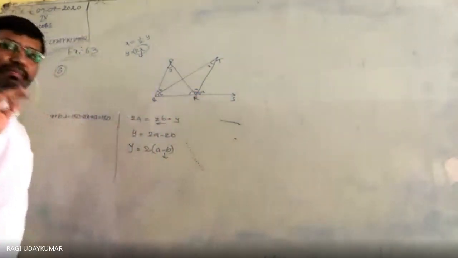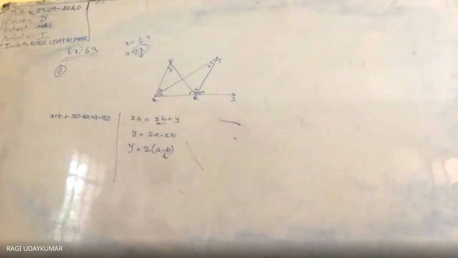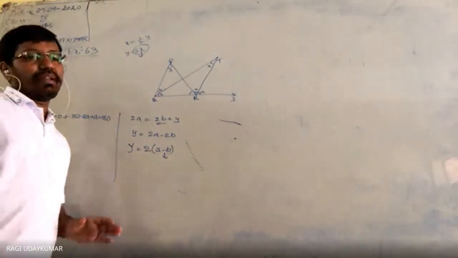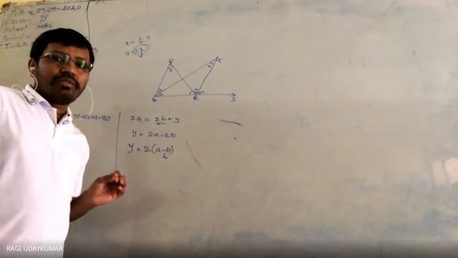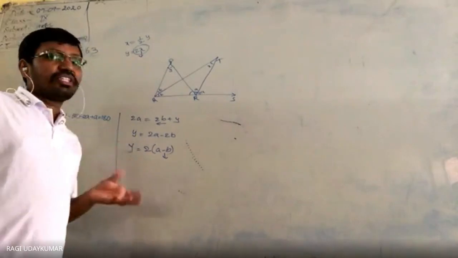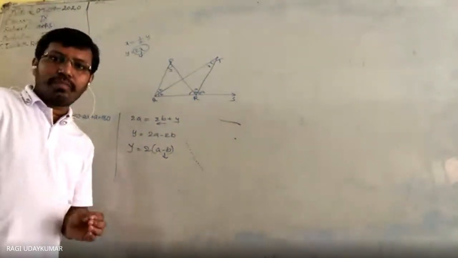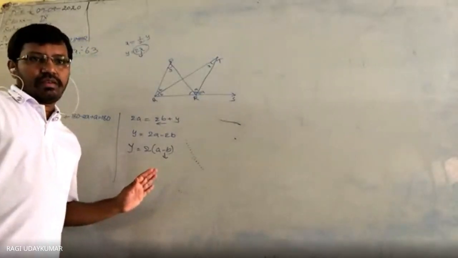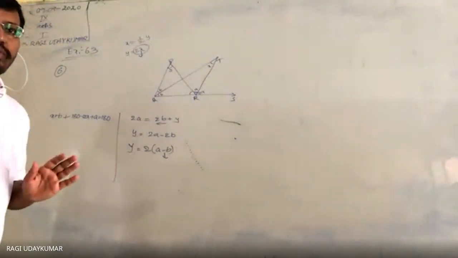So there will be a representation maybe. See, you don't try to solve the problem blindly. Most of the students will try to solve the problem blindly. Blindly is nothing but just trying to remember the steps. In geometry, if you try to remember the steps, you cannot solve it. It is not possible for you to do.